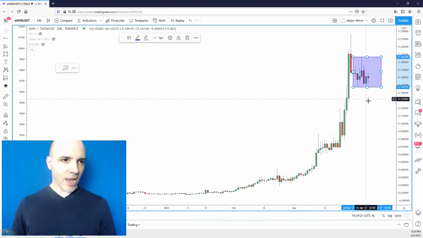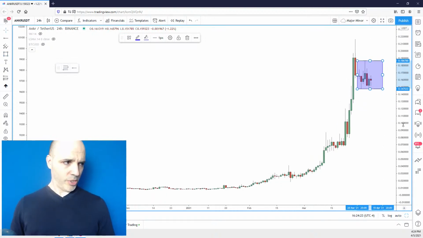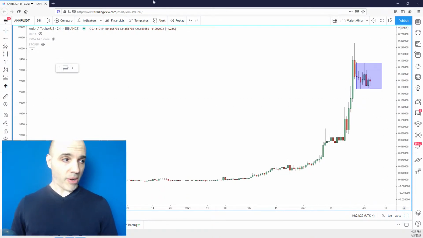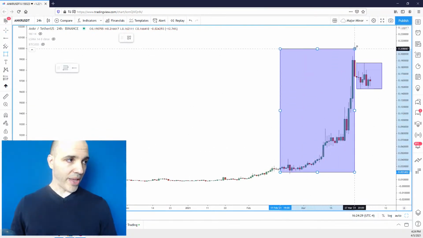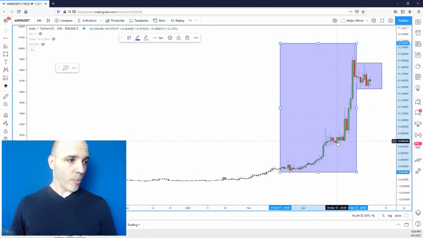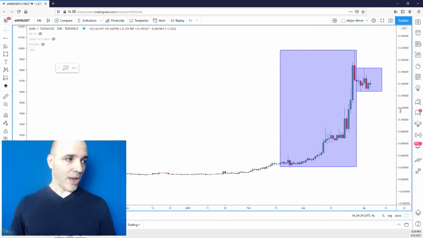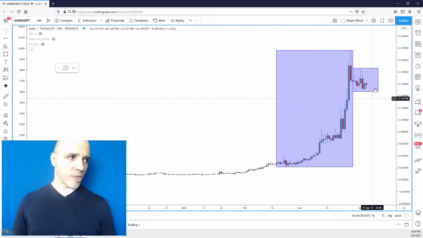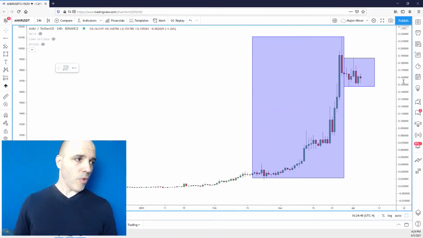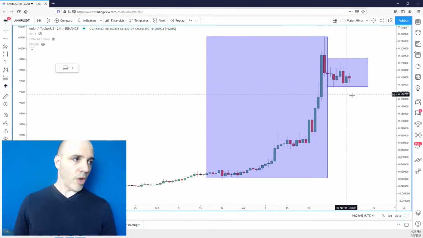So ANKR, this one, which is on Binance. Nice broad structure. I mean, look, clear Elliott waves. This is a nice impulse wave. Wave 2 is over here. You're in wave 4 right now. Those are consolidations. So it's within reason to expect another leg higher. But at this moment, it's stuck.